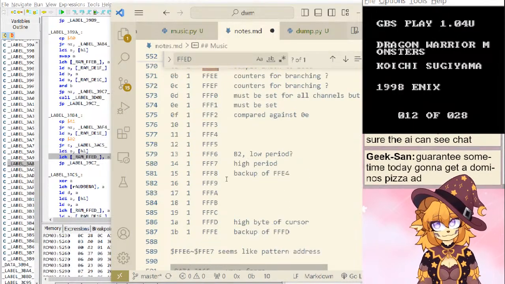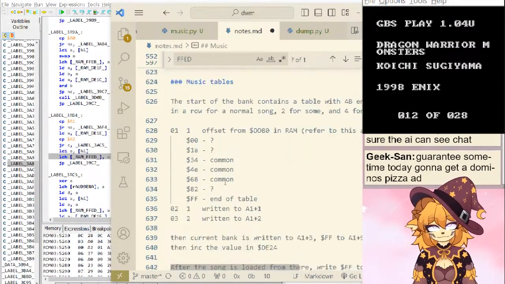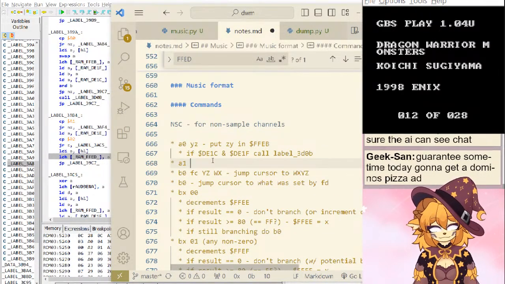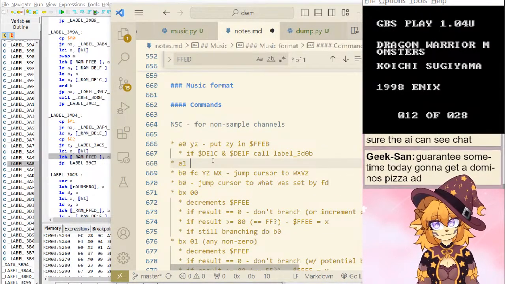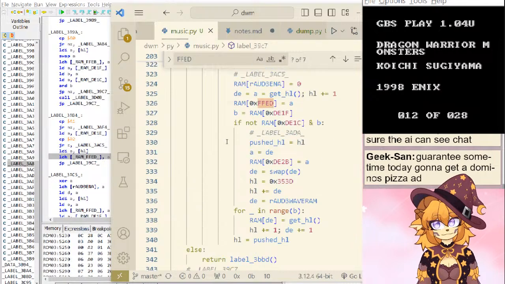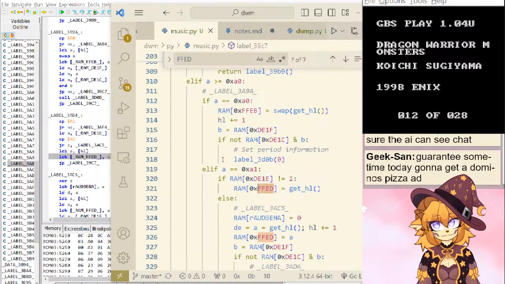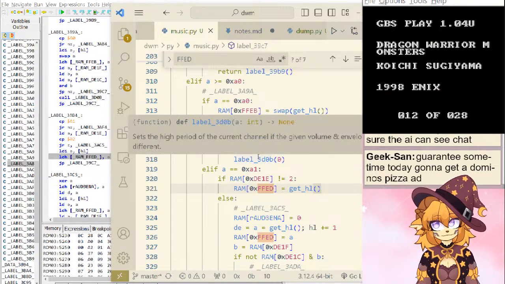Okay. Very strange. It doesn't even increment after it, so that's just going to execute that.